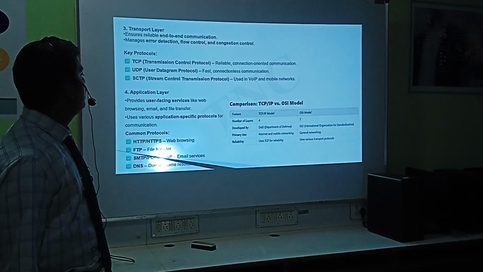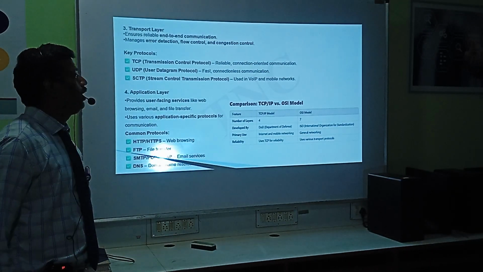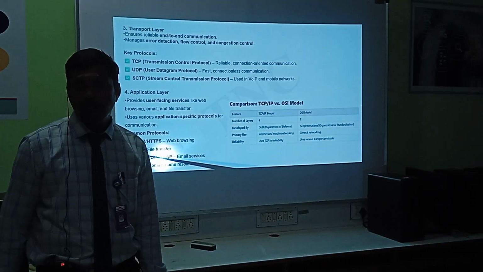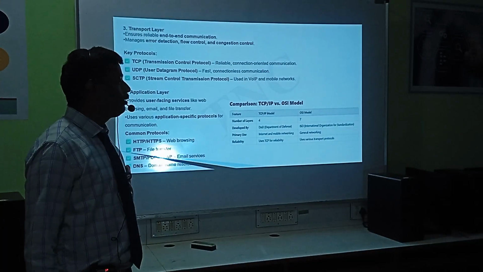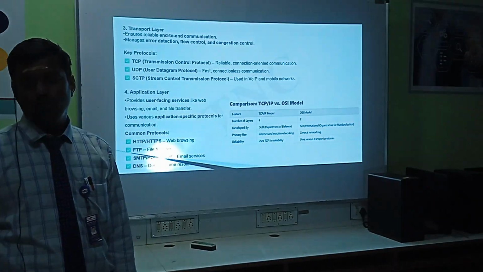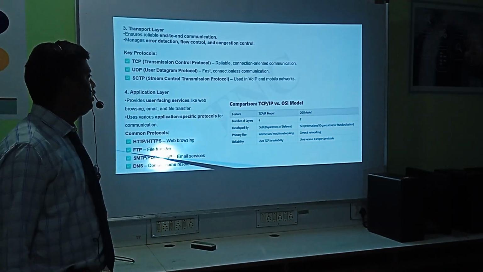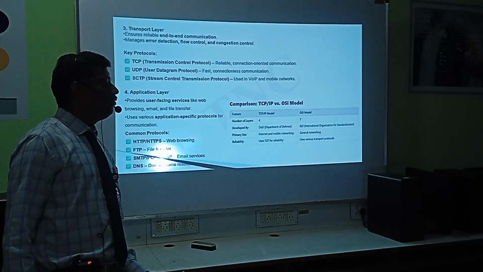Then the third one is the transport layer. It ensures reliable end-to-end transmission for your communication. It manages error detection, flow control, and congestion control. The key protocol involved here is TCP, the Transmission Control Protocol, which is for